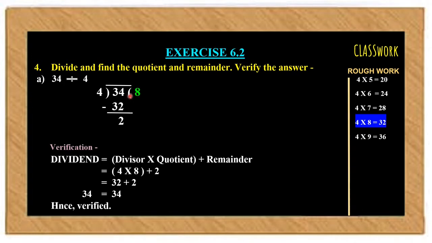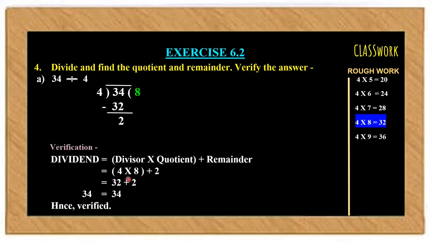On subtracting 32 from 34, we get 2 as the answer. Therefore, children, from the concepts of division, you are already aware that 2 is the remainder and 8 is the quotient. Remembering the formula which I have just told you, dividend is equal to divisor multiplied by the quotient plus the remainder. This is the formula for verifying any division problem. After that, we will put in the numbers from the above steps in this formula. The divisor is 4, the quotient is 8 and the remainder is 2.